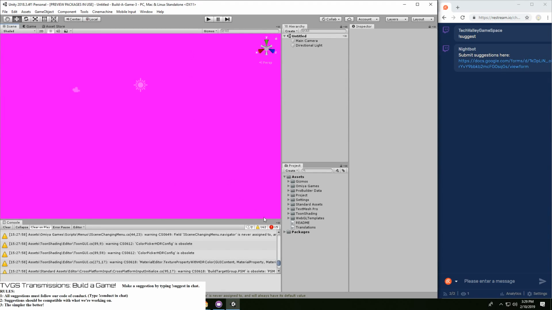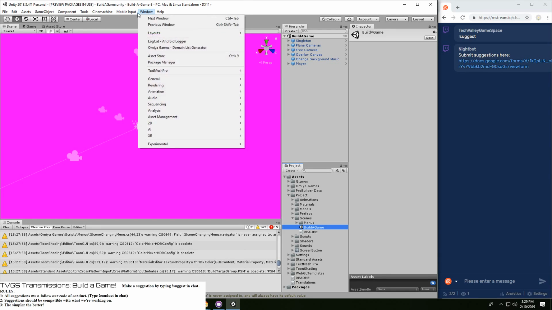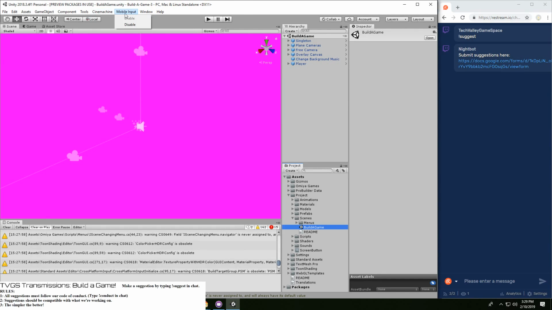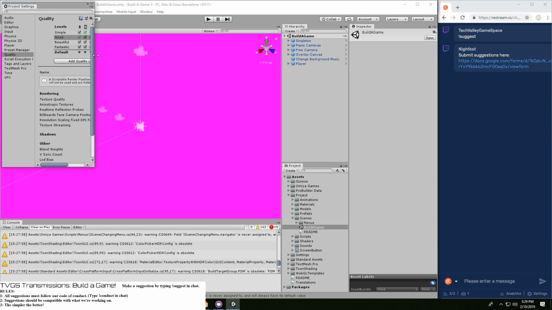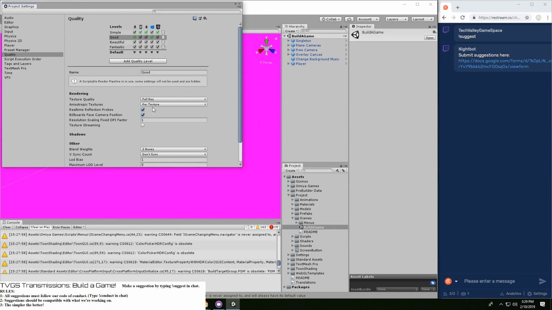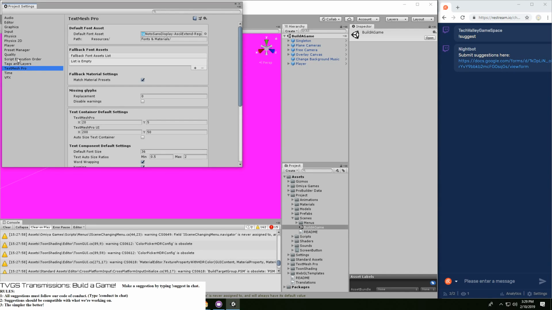So, okay, we got all these cool shenanigans, bananigans. We're going to switch to build a game. It does not look great. That is probably because we need to update. Yeah, let's switch to our project settings here. Yeah, scriptable renderer and use, some things are hidden. Let's find our